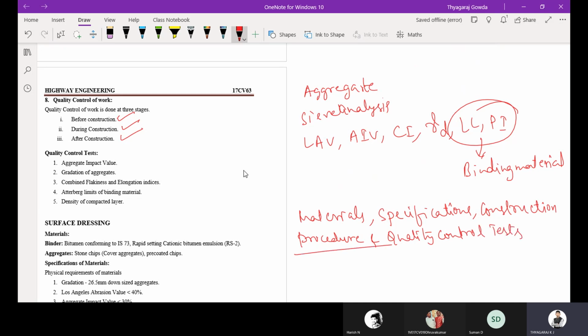These are the various things they may ask in the exam. For example, explain the step-by-step construction of a wet mix macadam with quality control tests. It means you have to write the step-by-step procedure, and you have to write the quality control tests. Okay, is it clear?